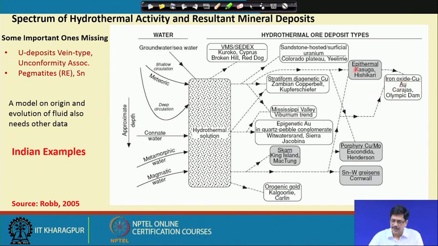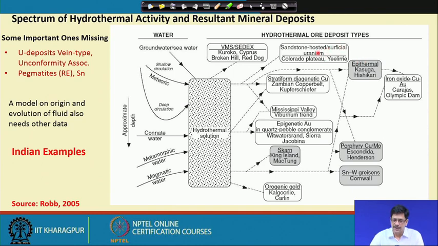And the iron oxide copper gold deposit, the famous Olympic Dam deposit, and the epithermal deposits, the high sulfidation and the low sulfidation epithermal deposits, which we generally find in the Pacific ring and mostly in close spatial association with porphyry copper deposits, like the one in Hishikari in Japan and some of the other deposits like the Ladolam deposit in Lihir Island near Papua New Guinea. They are also not known to be documented in the Indian context.